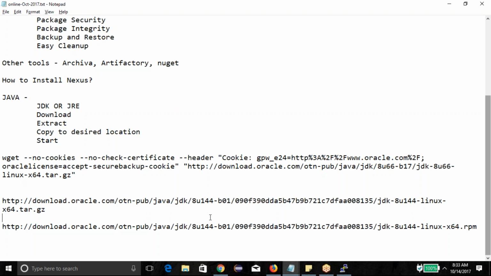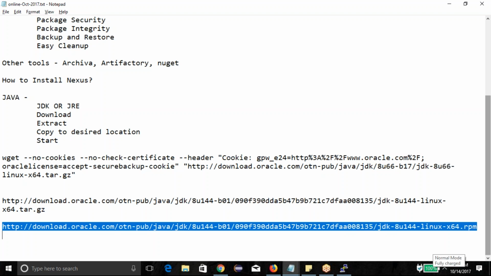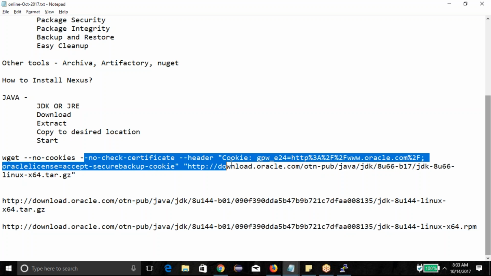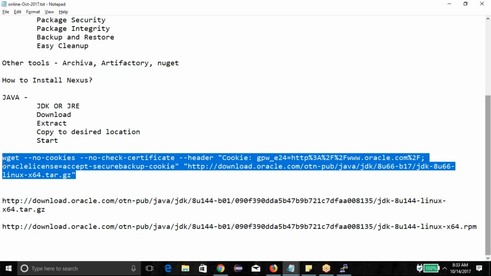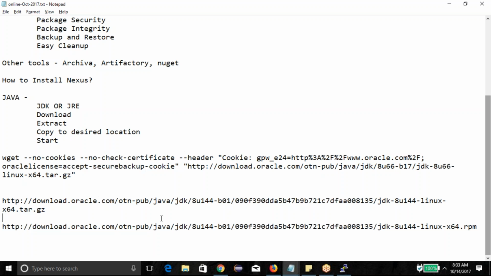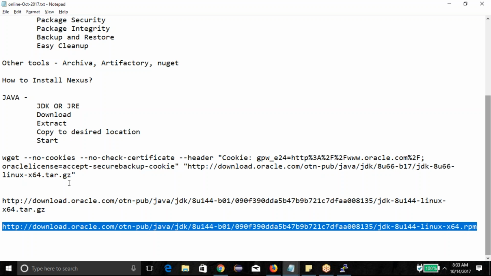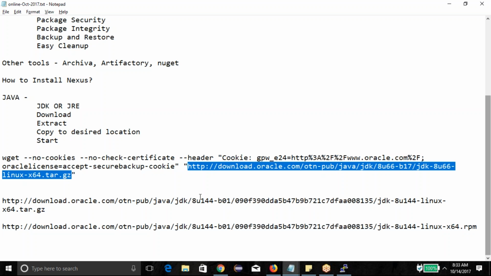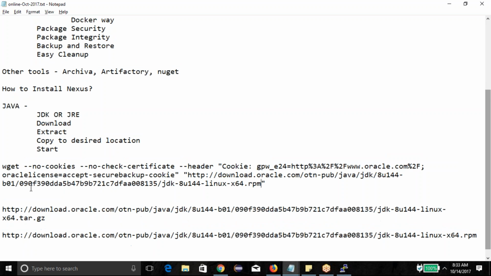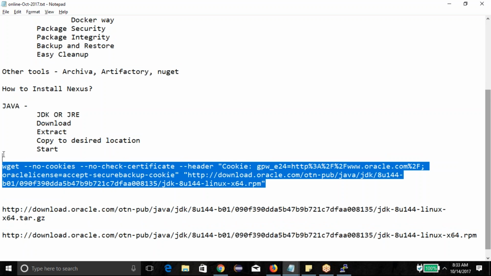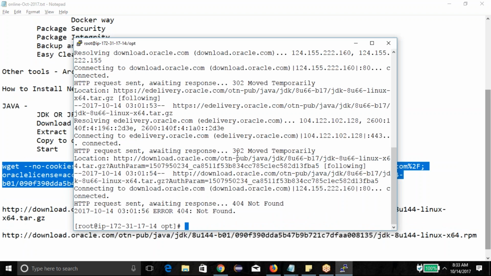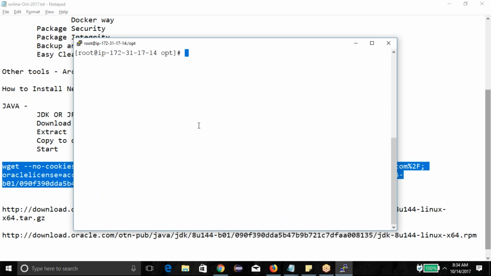Here, if you directly duplicate this URL, you'll not be able to download. Why? Because that requires the certificate check and all kinds of things. So this command has to be working. So now, if you install through RPM, you can just paste the URL here, write URL, and your command is ready. So clean the URL, and